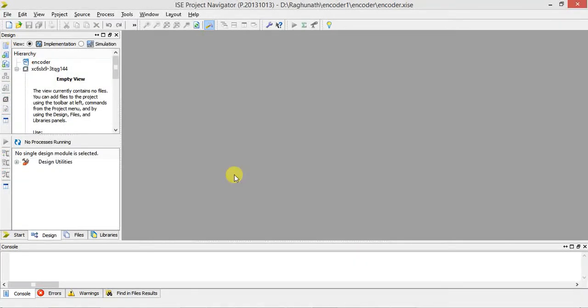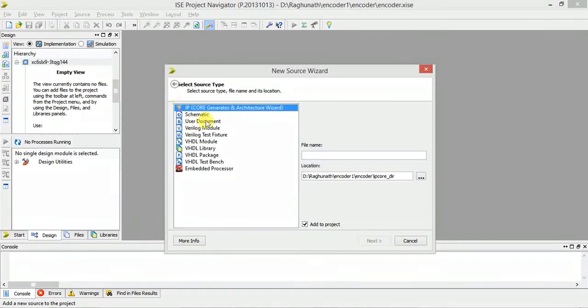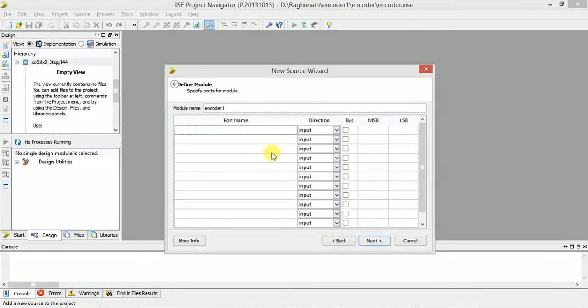Now let us add a new file, new source. Select new source and select Verilog module. Give the name as encoder. I'll give encoder 1, or you can give encoder only, but because I already created one project, I am giving another name as encoder 1. Click new. Inputs are what?